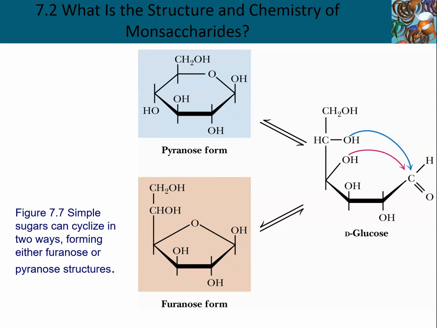Now, I had a little caveat when I was discussing the cyclization of glucose into forming predominantly a 6-membered ring, because the truth is that you can also form a furanose with glucose. When the 4-carbon does an attack on the aldehyde, you can get a 5-membered ring, but that is not as structurally sound and doesn't occur remotely as often as the 6-membered ring. So yeah, this is a bit of trivia, but if you're asked to draw the cyclic form of glucose and it doesn't seem like a loaded question, they're probably talking about the pyranose form, almost assuredly.